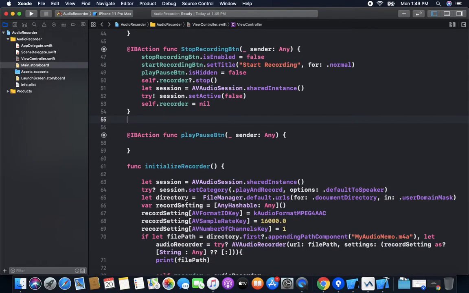The play pause button works with two cases. First, if the user wants to play, then it will work as a player. Or if the user clicks again, then it will pause the player.